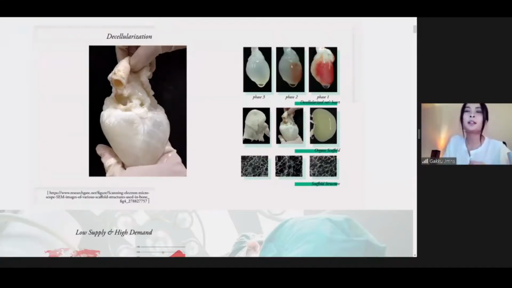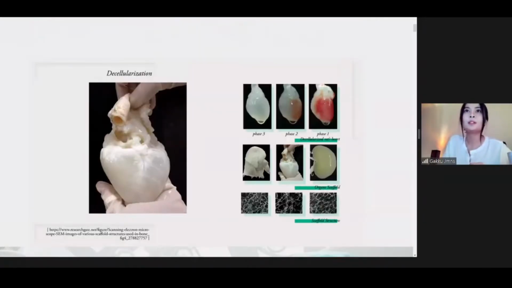On the left we see the decellularized heart, just the scaffold of the heart. A scaffold is basically a structure that has pores and holes inside, just like in the bottom right images. Further on, inside these holes, the cells can be injected and grown.